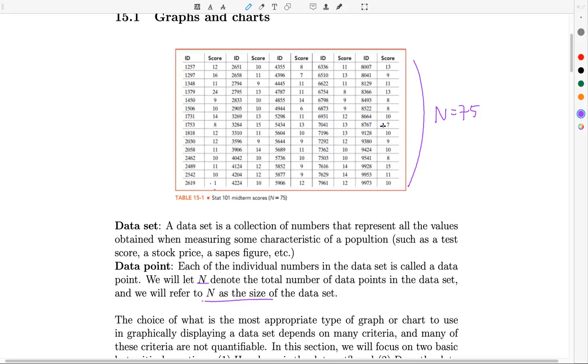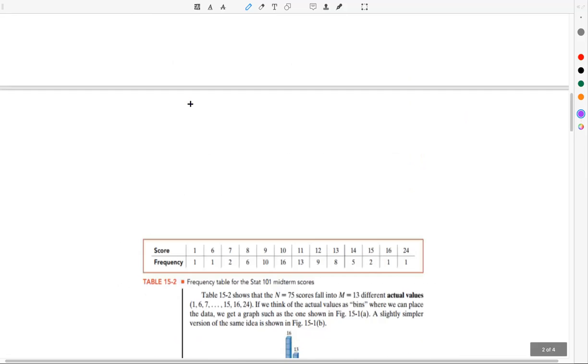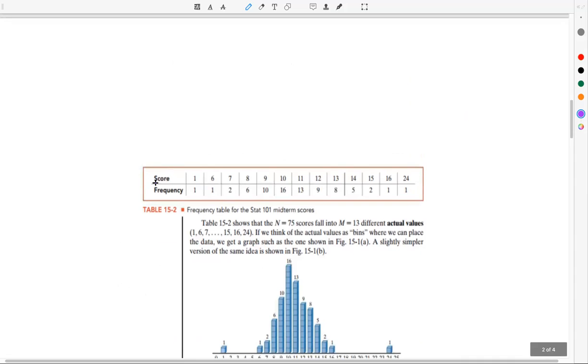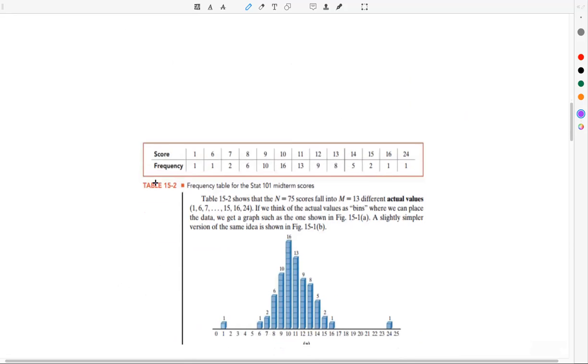And even though this shows the most accurate data with their student ID and everything, if you want to get the general idea, a frequency table is, in my opinion, a better way to show it. So table